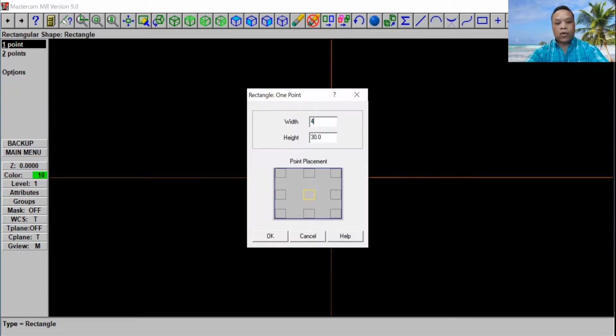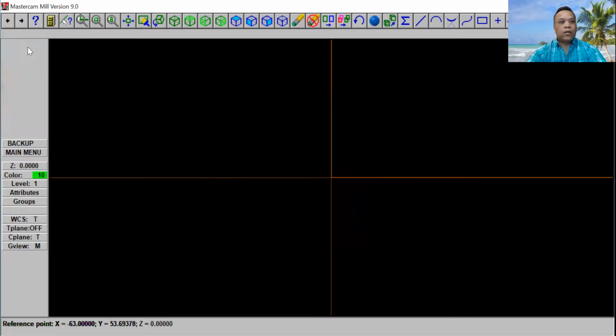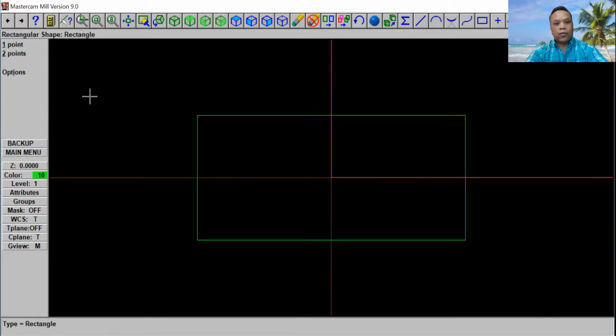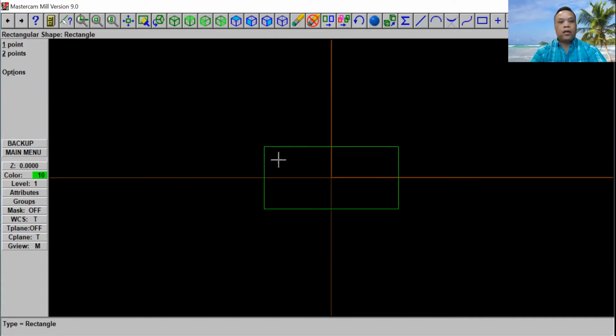This time I'm gonna use 40 by 40, and we're gonna click OK here, and then we're gonna click origin, click escape, or F1 here, F2, minimize the screen. Okay, that's what it looks like. Okay, now let's go to